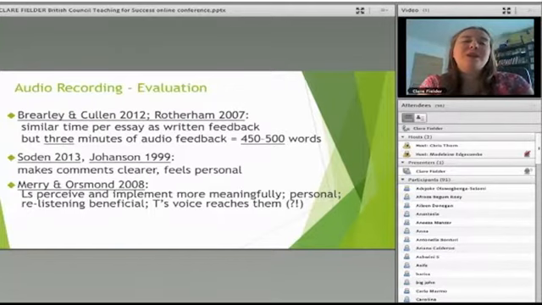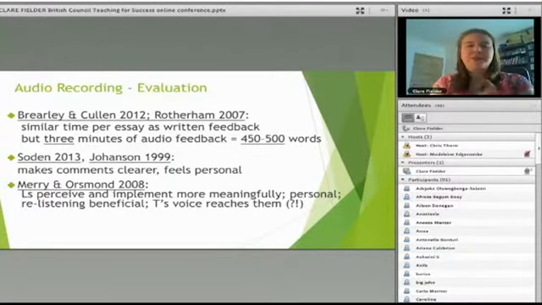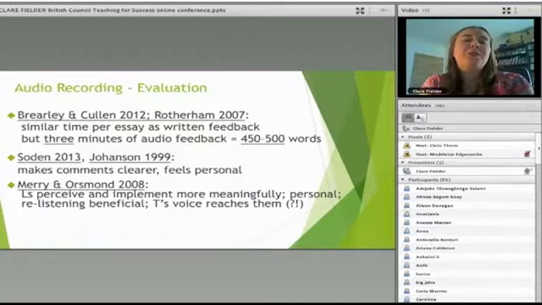Merry and Osmond also did a study using audio recording to give feedback on essays, and they also found that students were able to apply the feedback really quite well to their essays, and benefited also from being able to re-listen or pause, work on that part, and then continue or go back.